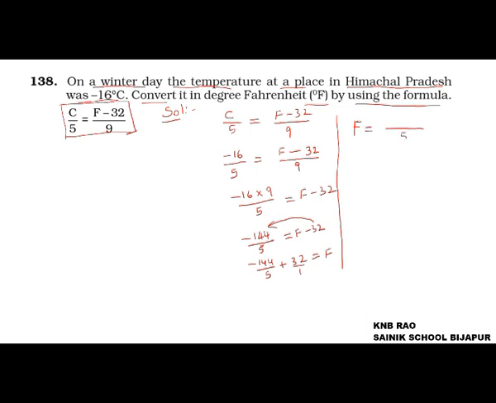LCM is 5. Minus 144 comes as it is, plus here 1 in 5 for 5 times, 5 multiplied by 32 gives 160. It implies F equals to 16 upon 5, which is equals to 3.2 degree Fahrenheit corresponding to this minus 16 degree Celsius. So this is the answer to this question. Now next question, 139,